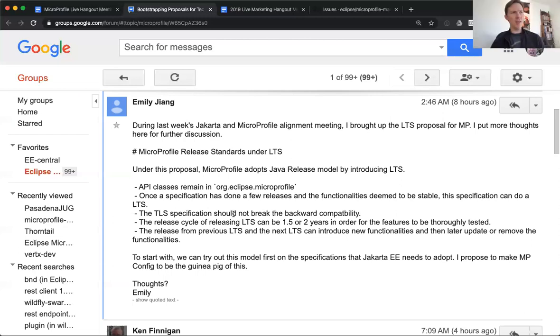Okay, so the idea is a spec makes a backwards compatible, we'll call it long-term release, and that long-term is forever. True. And then there's a period of 18 months where it can still make crazy guesses and add new things and change those new things as much as it wants for 18 months. At the end of 18 months, it has to decide what's permanent and what's not. Yeah, exactly.